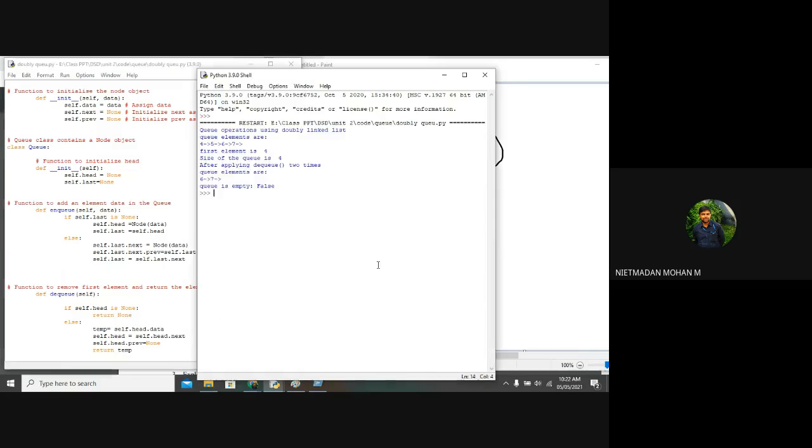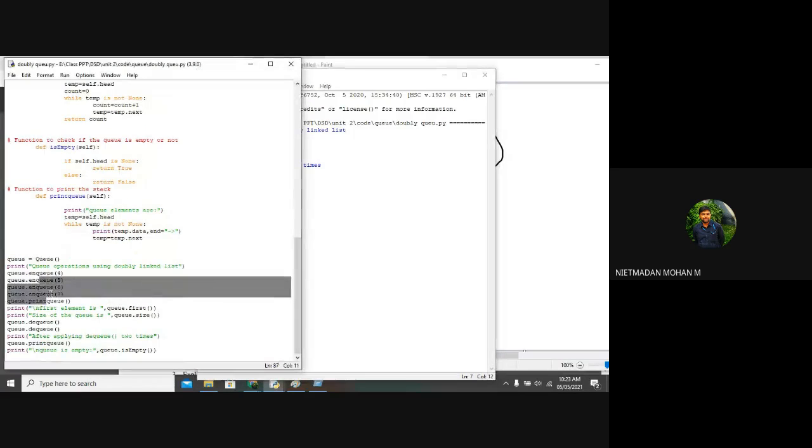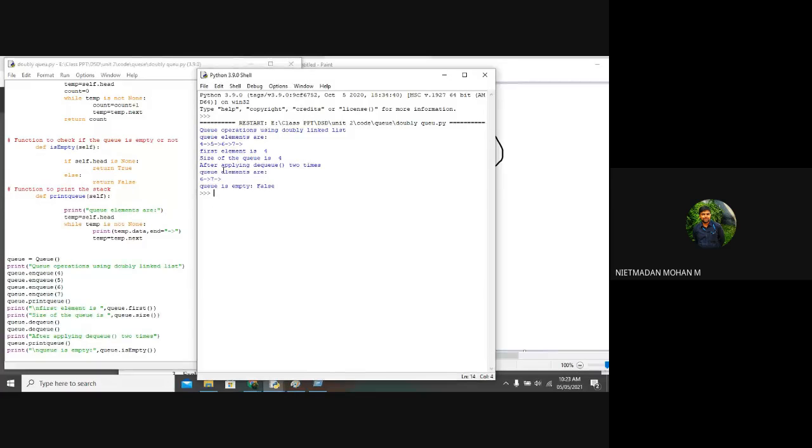But you want to get this type of output in your program, and if they are asking you to insert 10 elements or 11 elements, you want to write the program according to the output they are asking for. No need to change the lines of code, you only want to change the function calling. Most probably they won't give you a certain condition. They will ask to write the code for a queue linked list, and at that point you want to write this kind of code.